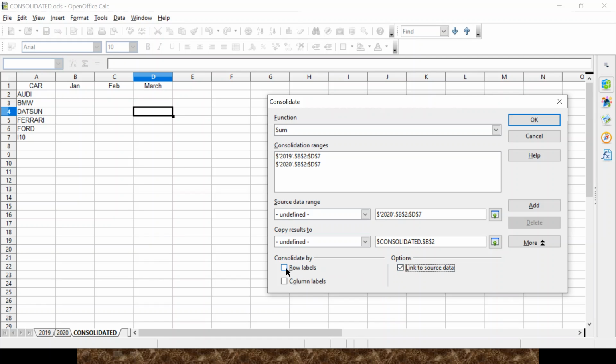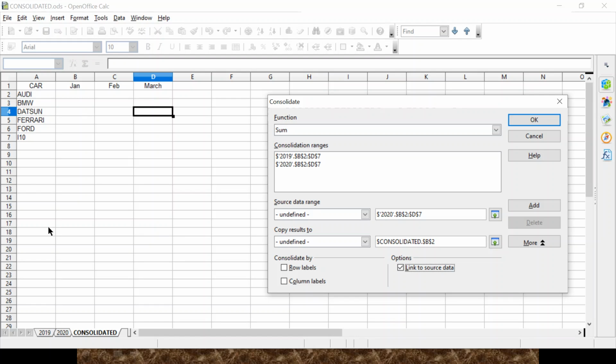Right? Then row labels, if we tick on row labels, then your data will be detailed, will be summarized, will be consolidated as per the rows. Like 5 to 6 rows इसकी हो गई, 5 to 6 rows 2019 की, 5 to 6 rows 2020. तो your data will be displayed in almost 12 to 24 rows, and that will not be proper readable. And if your settings and formatting is not same, then the reading of that data becomes very difficult. Same with the column labels, means write 3 columns for 2019 and 3 columns for 2020. So data will be displayed in 6 columns.